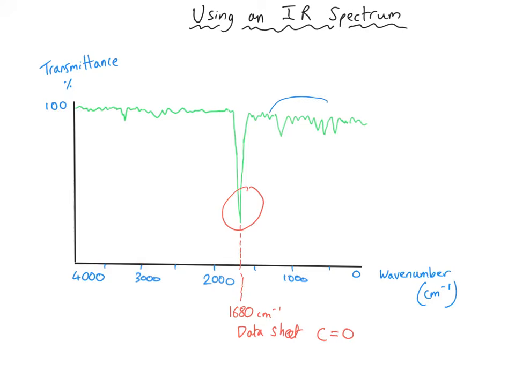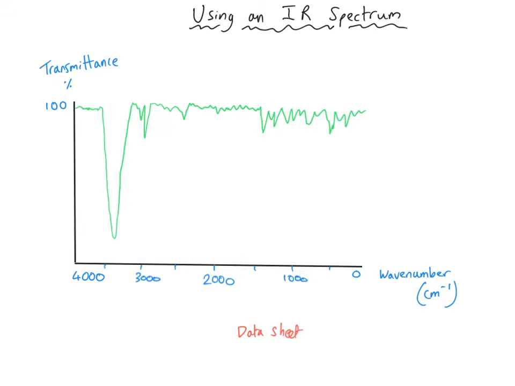There's also an interesting region towards the right hand side with lots of tiny peaks, and this region is called the Fingerprint Region. More on this later. If we take a look at this new spectrum that I've drawn, you can see that the most interesting peak by far is this one on the left hand side over here. And if we track this peak down to the x-axis, we find that it is around about 3400 centimetres to